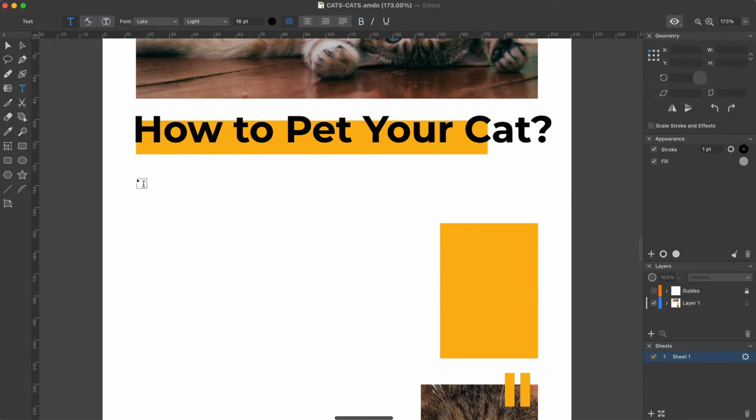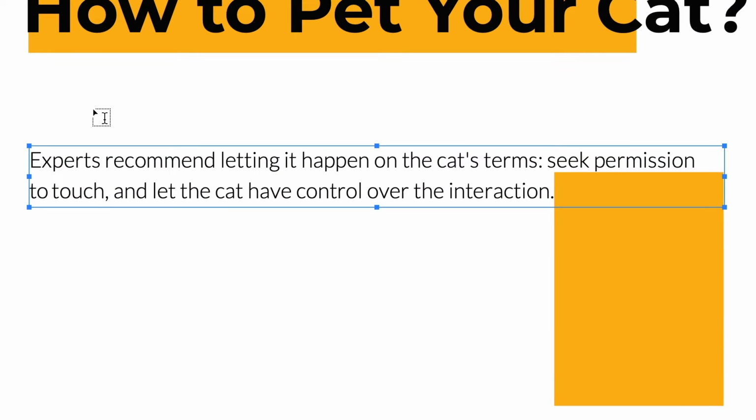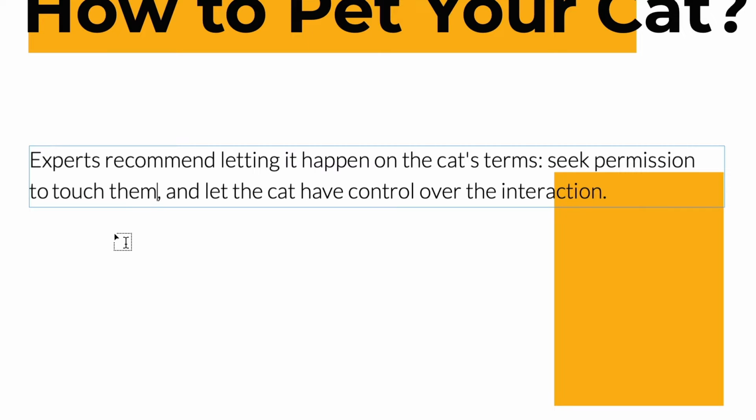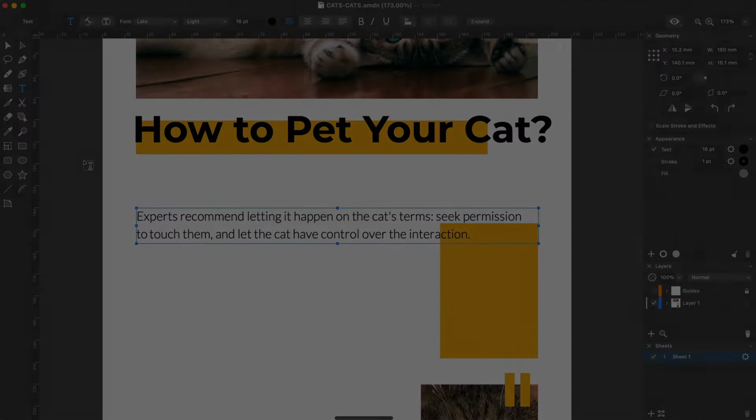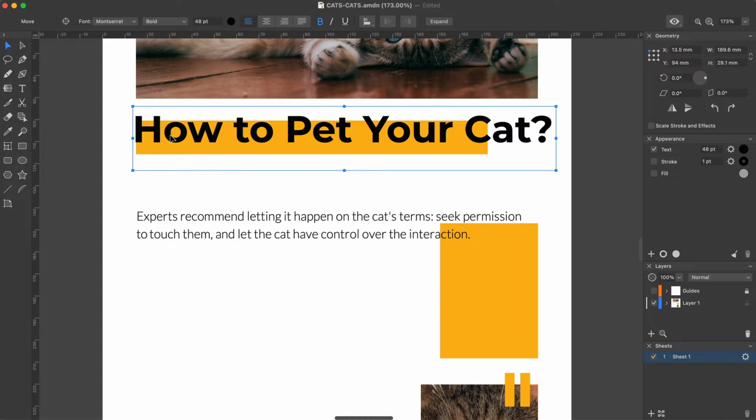Pasting text directly onto the canvas creates the same type of text object. The text editing mode is activated automatically, so you can type or paste text right away. To exit the text editing mode, press the Escape key or click outside the text frame. In order to resume editing of any type of text, simply double-click on it with the Move or Selection tool.